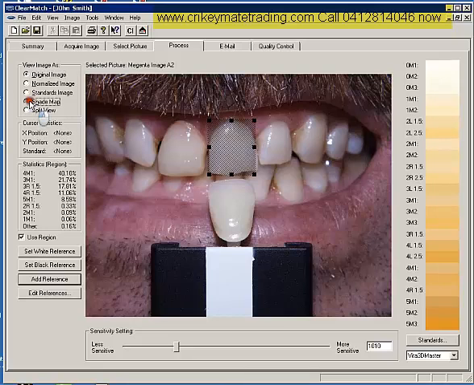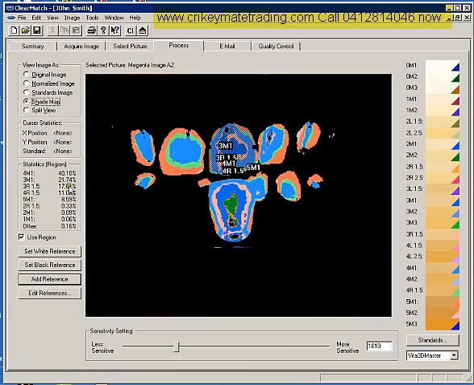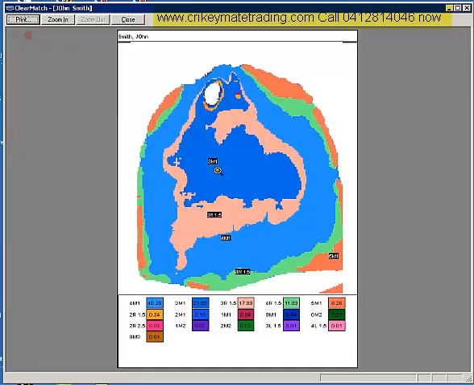And let's go back to the shade map now. We can see these are the new percentages of that particular tooth. So what we want to do is simply print it out now. So we're going to go File, Print Preview, and see it brings up only the tooth together with the perfect shade matching for that